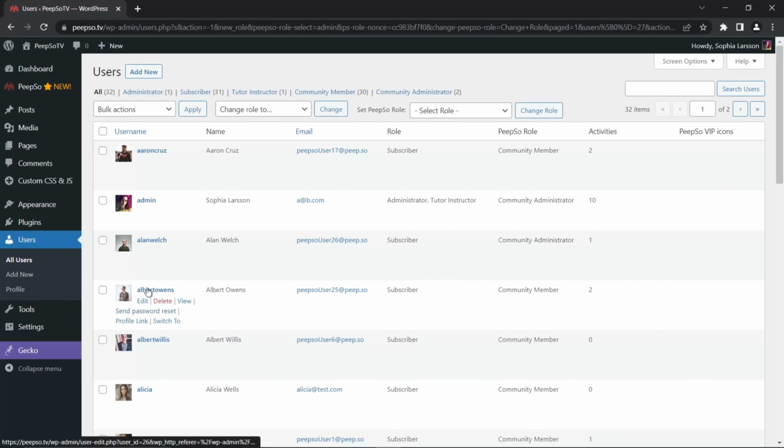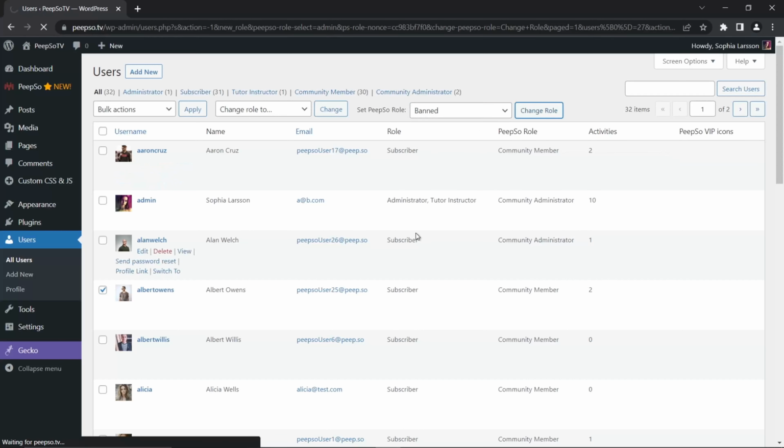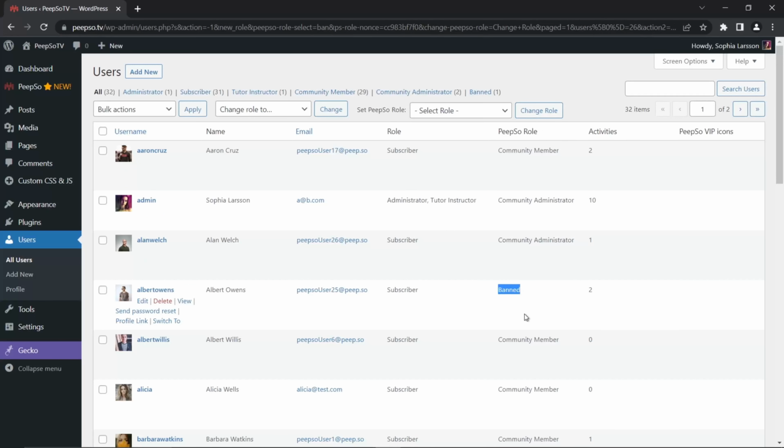Let's say this Albert Owens, he done something stupid. He broke the rules of the website. You can find his account here on the list of all users, select him, and change the role to banned. Now, when you change the role, this Albert Owens is now banned forever, and he will not be able to